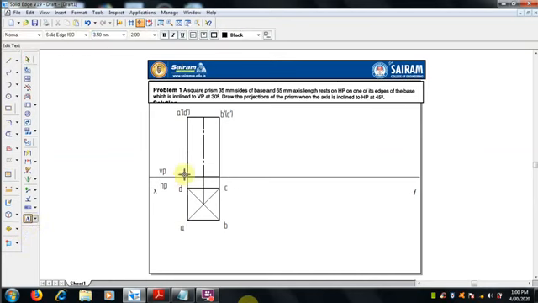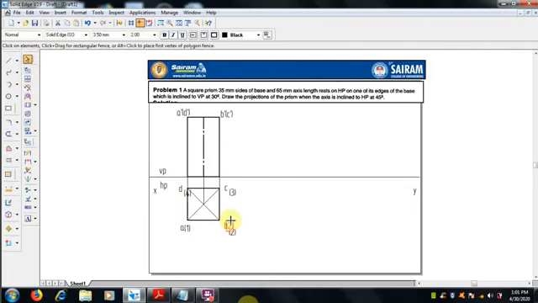So A is aligned with 1, and the bottom 1 is hidden. Top B is visible, and the bottom corner 2 is invisible; C corner is visible, 3 is invisible, and 4 is invisible. So we can keep all of these in brackets.